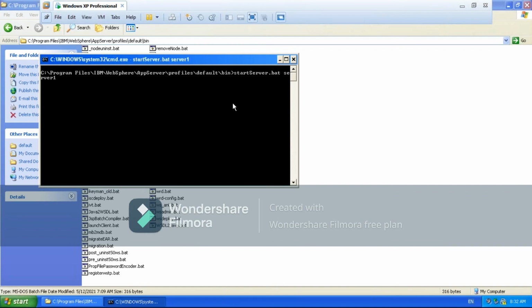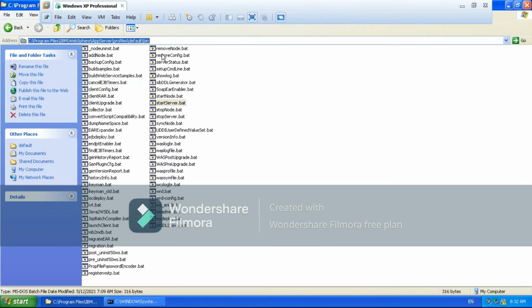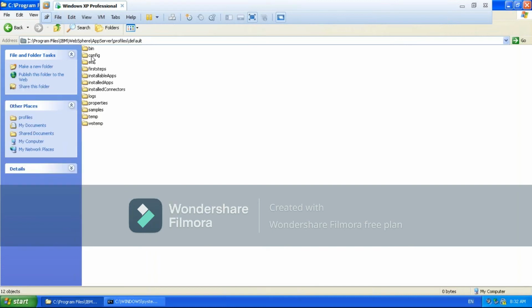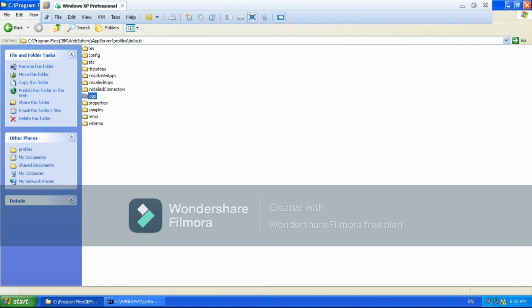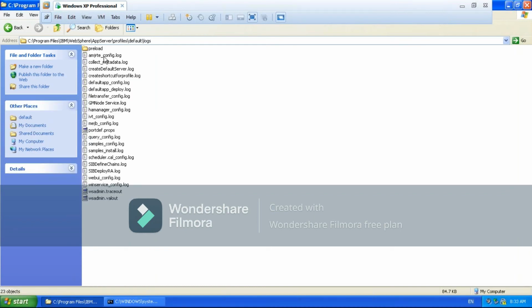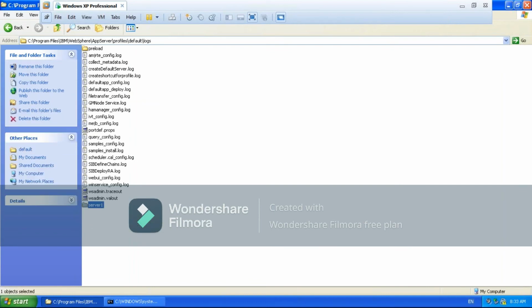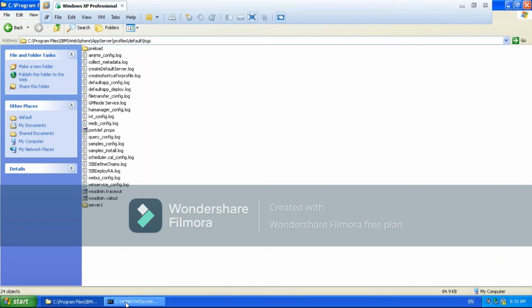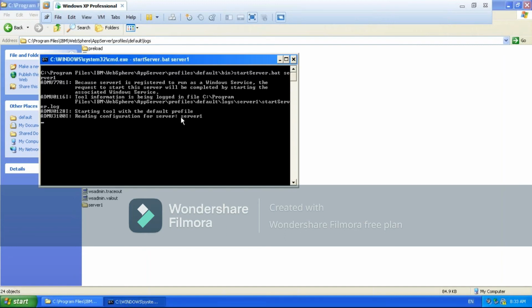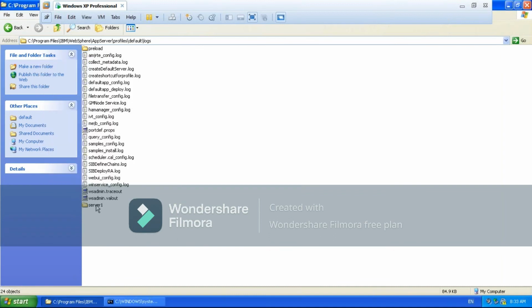If you give enter, now server1 is starting for the first time. If you see here in logs, server1 came, right? We gave the start server, so once the server is started, the server1 folder will be created.